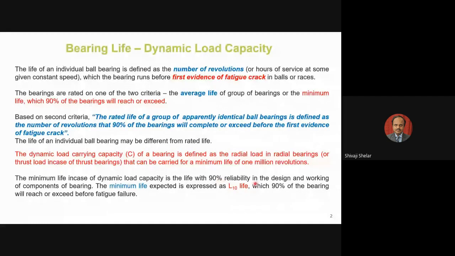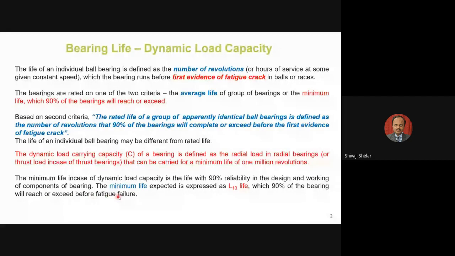90% reliability in the design and working components of the bearing. And the minimum life we are talking about here is expressed as L10 life. That is the life with 90% reliability. That is, life with 90% probability or 90% reliability, which 90% of the bearings will reach or exceed before fatigue